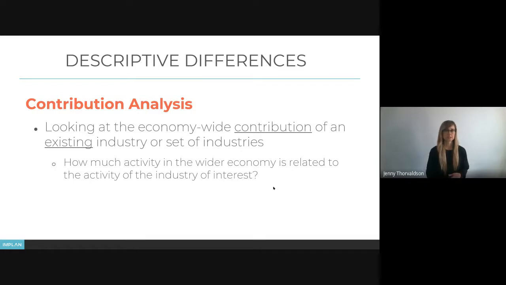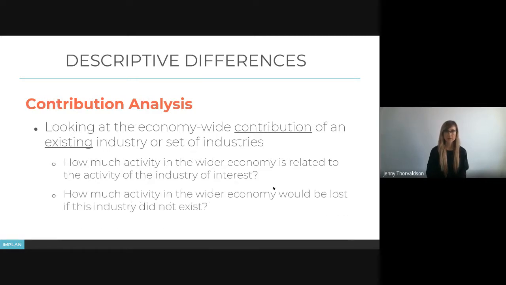Looked at or stated just differently, in a way that we call hypothetical extraction, it is basically what would happen if this industry disappeared. That's sort of taking the negative view of it, which is how much activity in the wider economy would be lost if this industry did not exist. Okay,